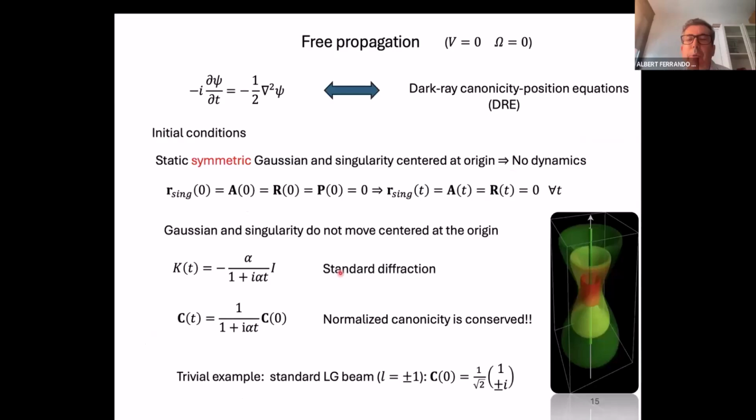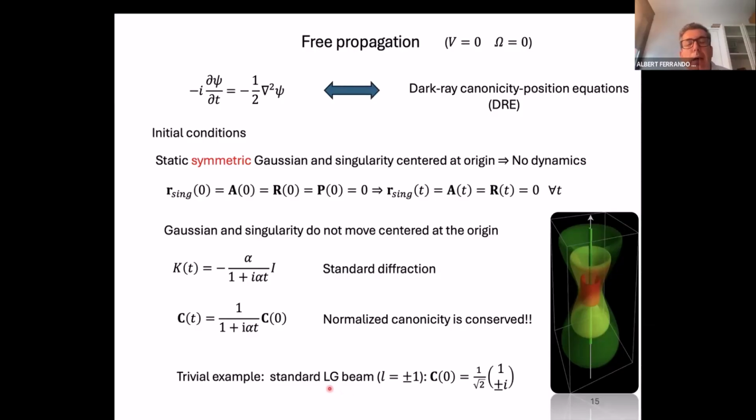Let's see what we know, right? We consider just free propagation, no potential, no rotation. And in this case, we analyze a static, symmetric Gaussian, which is centered at the origin. So you take the origin of the Gaussian, the origin of this initial singularity, at the center. In that case, and for a symmetric Gaussian, so a rotationally invariant Gaussian, what do you expect to find? Well, if you start with a canonical vortex with positive charge, mass +1,